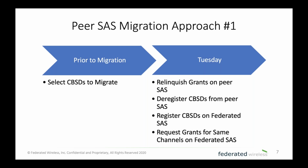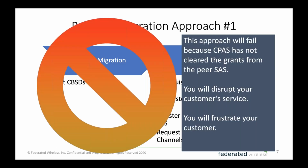So before Tuesday, you would pick the CBSDs that you want to migrate. And then on Tuesday, you would think that you could just relinquish your grants on the peer SAS, deregister, register on the Federated Wireless SAS, and then get the grants for the same channels as you had before. And if you thought that was the approach you could take, you would be wrong